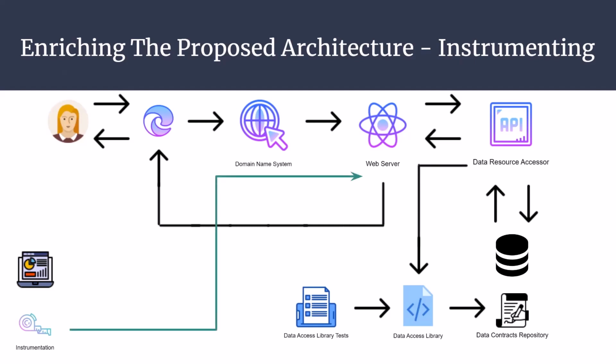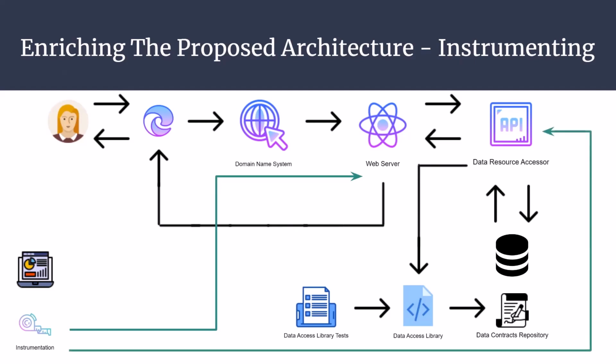The second usage metric is actual access to the data resource accessor. Here we want to measure not only requests for data being made, but also which were resolved by accessing the distributed cache and which were resolved by accessing the database. We also want to know the total result dataset size, which will allow us to mitigate a buildup of a bottleneck in our system. Don't forget to instrument request latency for exactly the same reason.